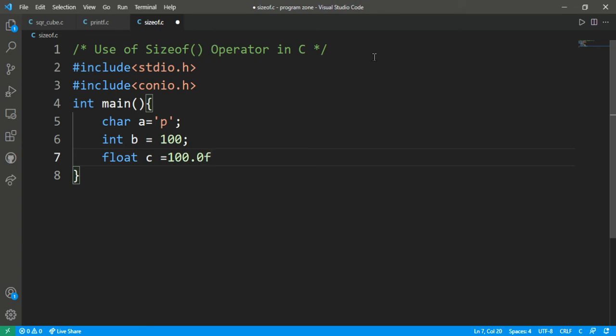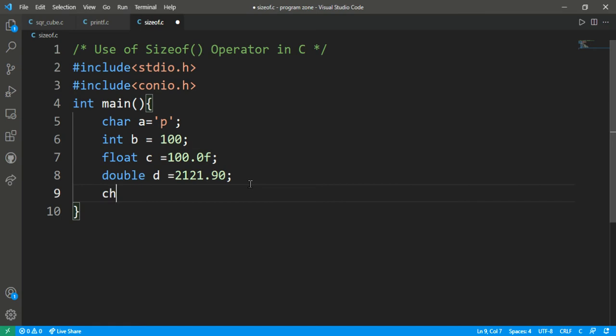It is nothing but a float type of data. And the next is double d, which is also going to store a decimal point value, 2021.90. You can store whatever you want in that variable.